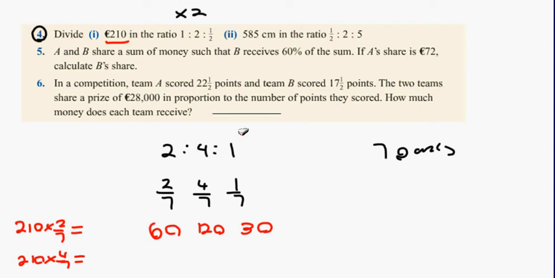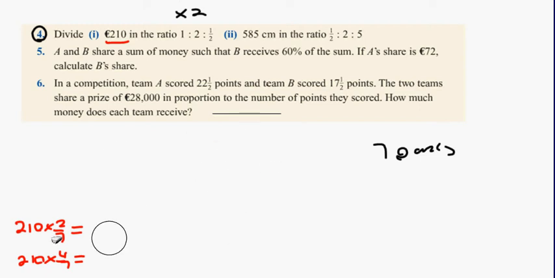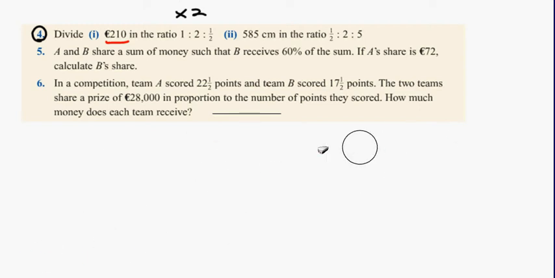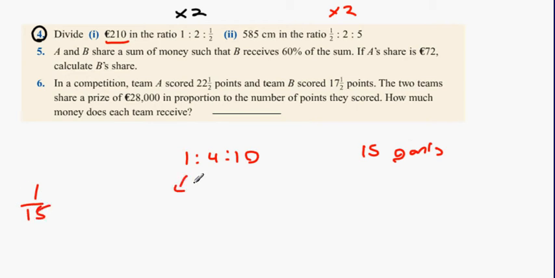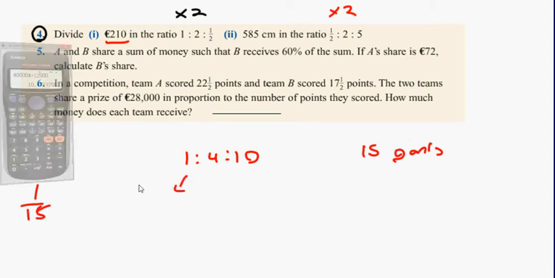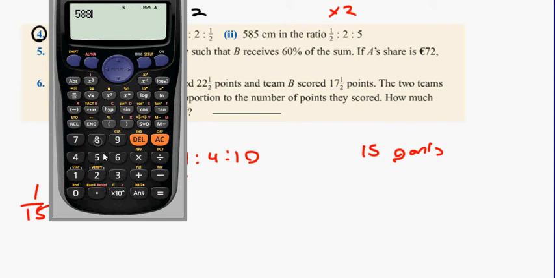Okay, next one. 585 centimeters in the ratio 1 is to 2 is to 5. Once again, I'm going to multiply by 2. I'm going to get 1 is to 4 is to 10. Add them all up together, and I'm going to get 15 parts. So I'm going to find out what 1/15 is. 1/15 is basically 585 divided by 15,